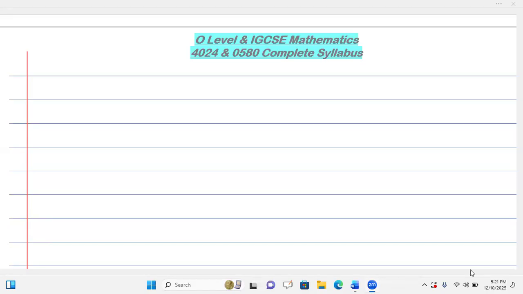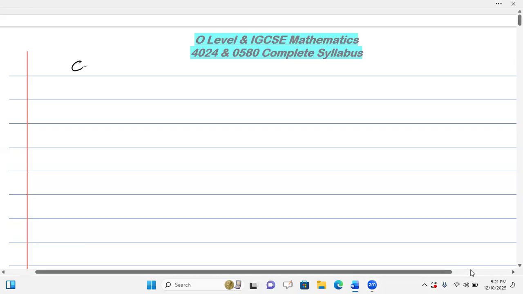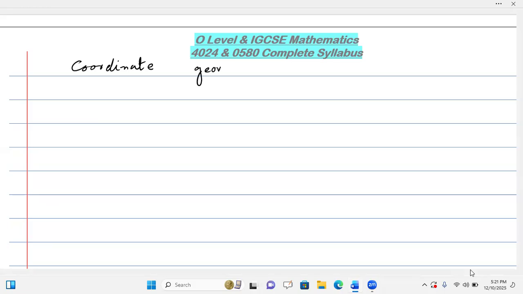Coordinate geometry in O levels. Okay, coordinate geometry is basically related to points, like point P is given in the form of